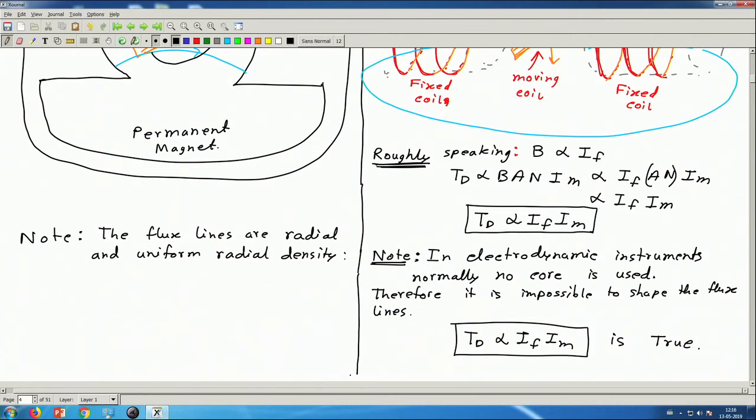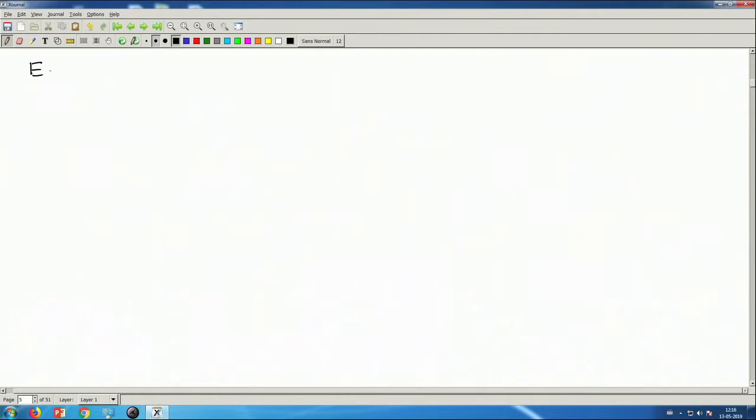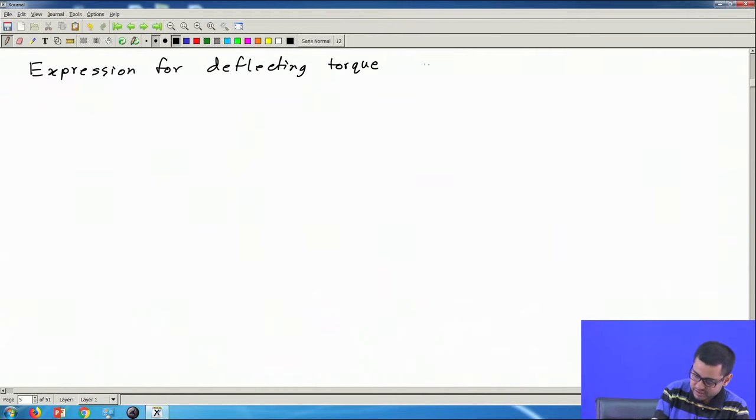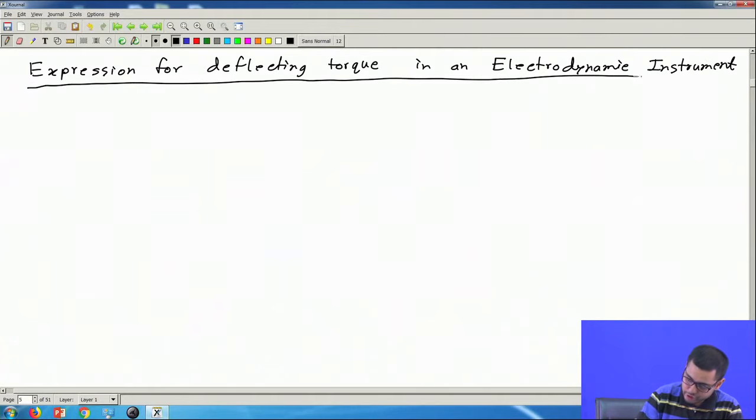Now, we will give you a more precise expression for this deflecting torque. Expression for deflecting torque in an electrodynamic instrument. We will not derive it now, we will first write the expression and understand what it means. We will not derive it in this video. So, the expression is like this: TD is equal to